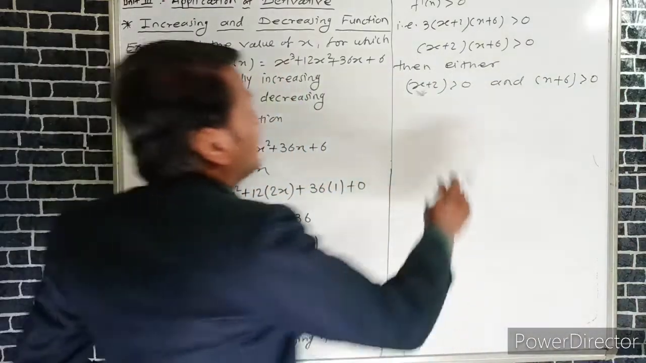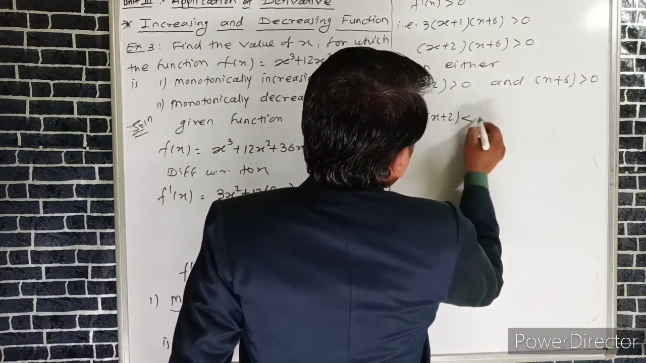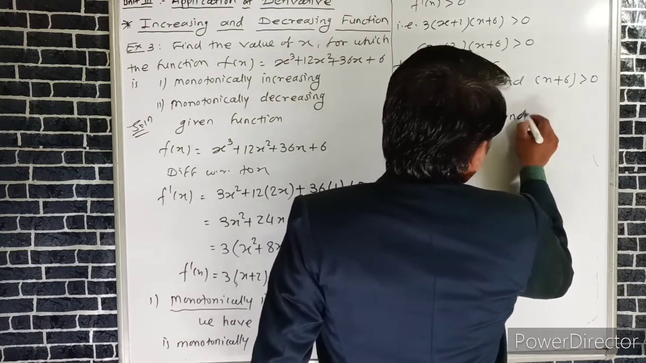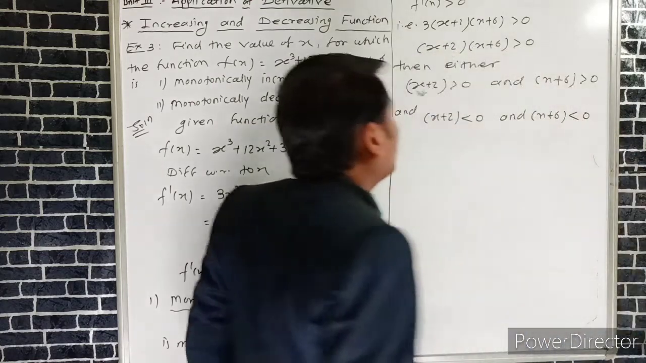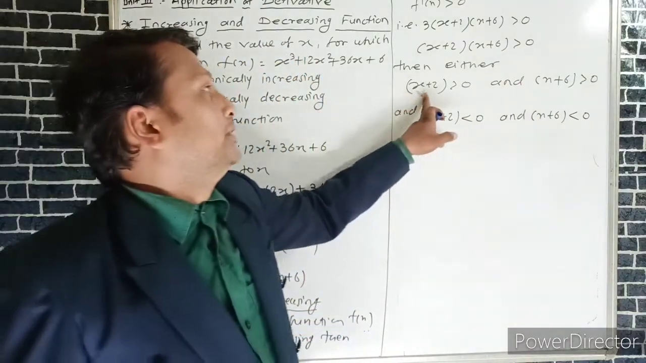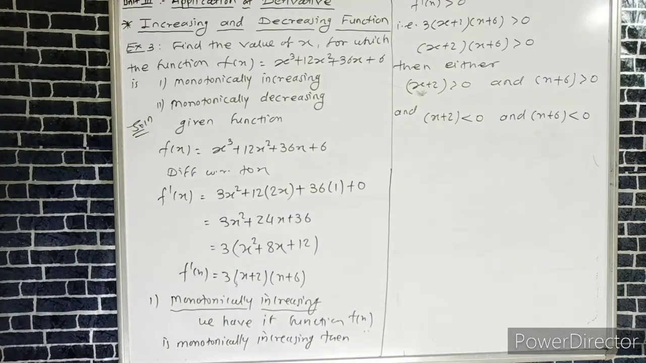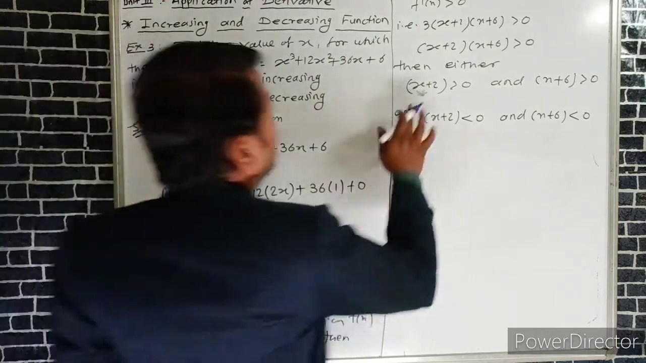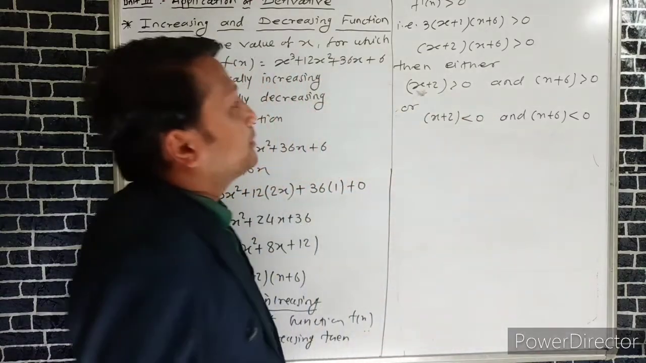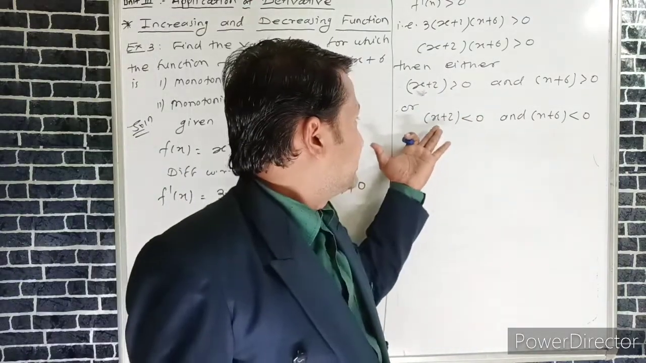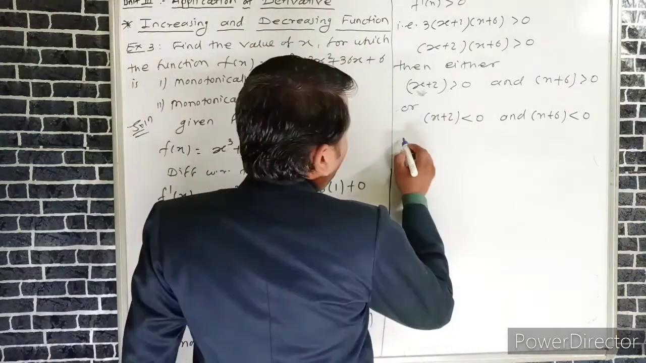Either we can write x plus 2 is also less than 0 and x plus 6 is also less than 0. This condition divides into two cases. First case: x plus 2 greater than 0 and x plus 6 greater than 0. Second case: x plus 2 less than 0 and x plus 6 less than 0. So